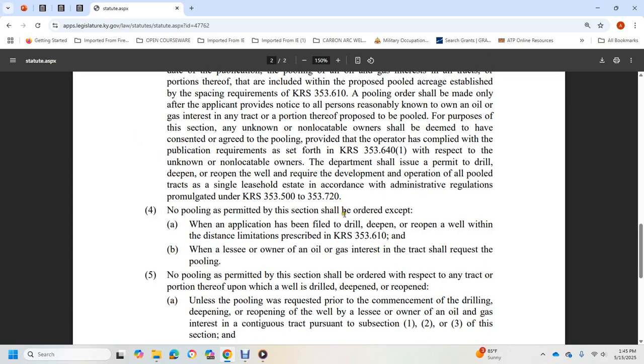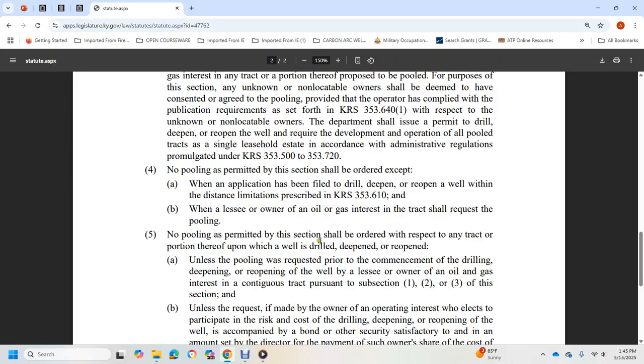No pooling permitted by this section should be ordered on an application filed to drill, deepen, or reopen the well beyond the limitation prescribed in Kentucky Revised Statute 353.610. A lessor and owner of the oil and gas interest of the tract shall request the pooling. No portion of the permit in this section should be ordered with respect to any tract or portion thereof of the proposed drill, deepen, or reopen, unless pooling was requested at the commencement of the drilling, deepening, or reopening of the well by the lessor or owner of the oil and gas interest of the tract pursuant to 1, 2, and 3